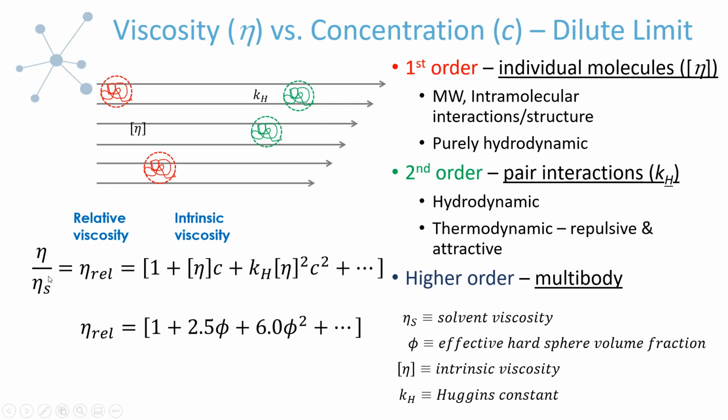So the way they model the viscosity in the dilute limit is to use what is referred to as a virial expansion. And that's just the language that is used. It's also used when you're doing osmotic pressure. But what it is, is just a power series in either concentration or effective volume fraction. And this works in the dilute limit because you can systematically introduce higher levels of complexity by including more and more terms. So this is where we start to see some of these scaled values pop up.